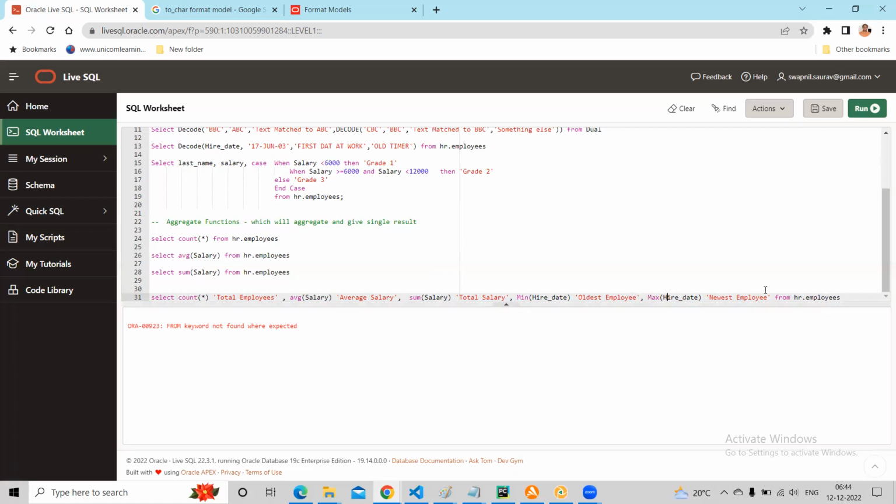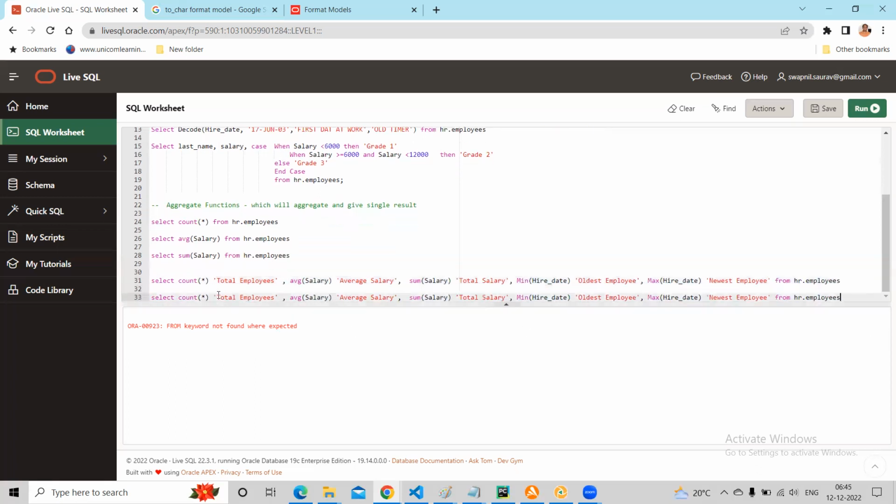Is it how we give alias? How do we give alias? Forgot? How do we give alias? Yeah, we don't give alias. But if we want to give,